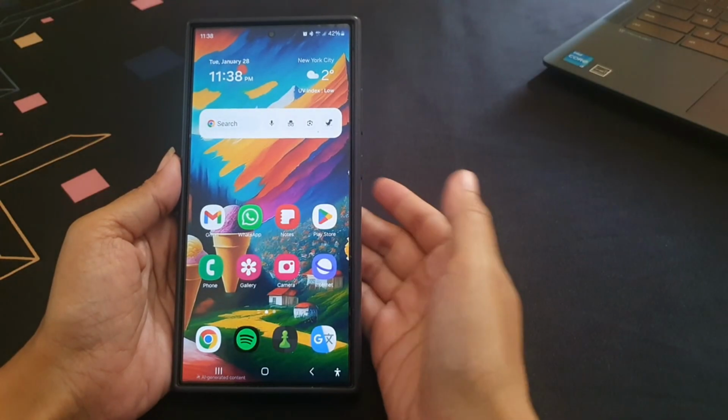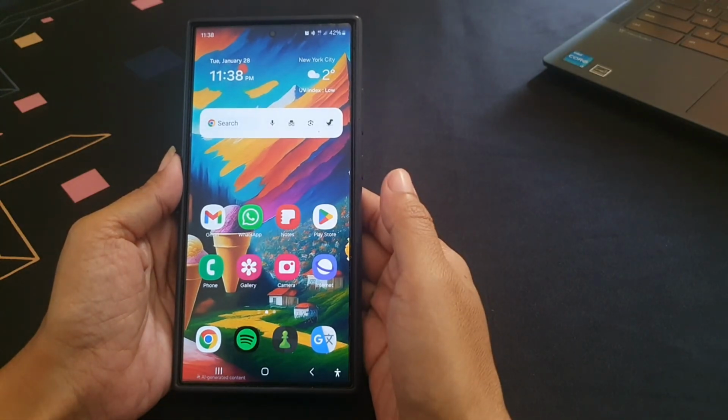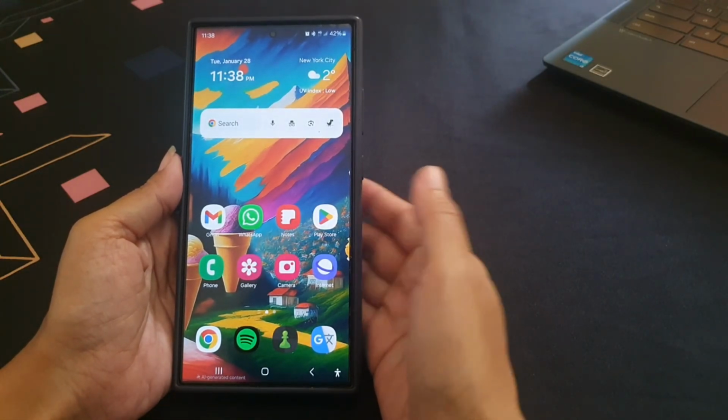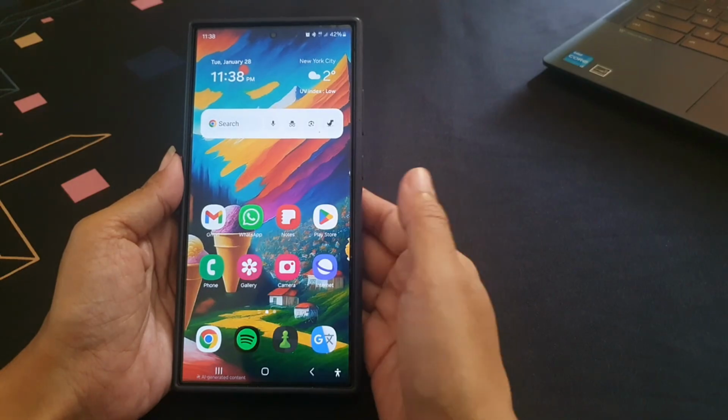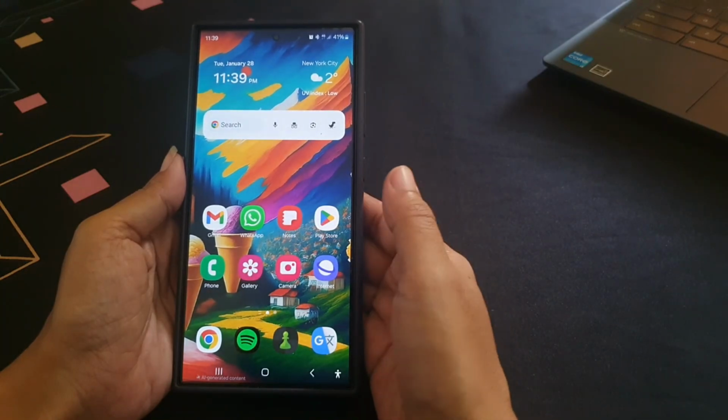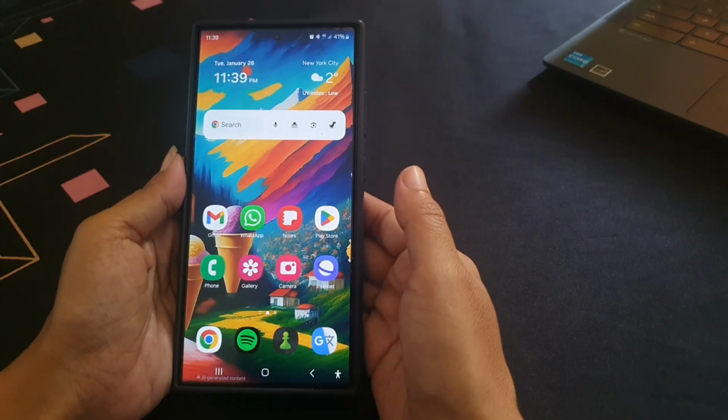To get suggestions while typing in the Internet app's address bar on Samsung Galaxy S24 Ultra, you have to enable the Show Suggested Search and Website option in the Internet app settings. To do so, open Samsung Internet app,